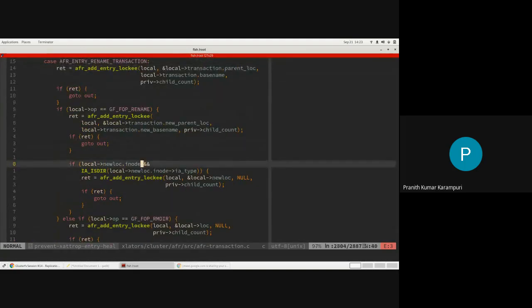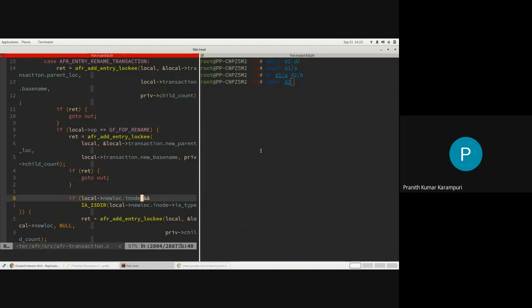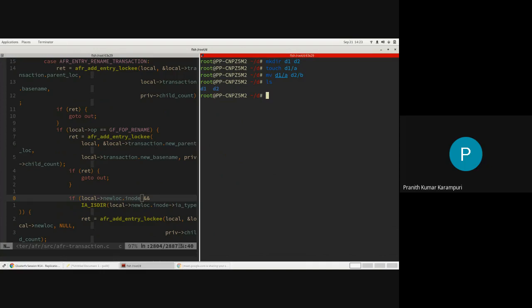Okay, this I think I have to show. But MV doesn't do it that way. Okay, let me try it this way. When you do touch A and touch B, you have A and B, right? Now if you do MV A B, this B is deleted and A gets replaced onto this one.